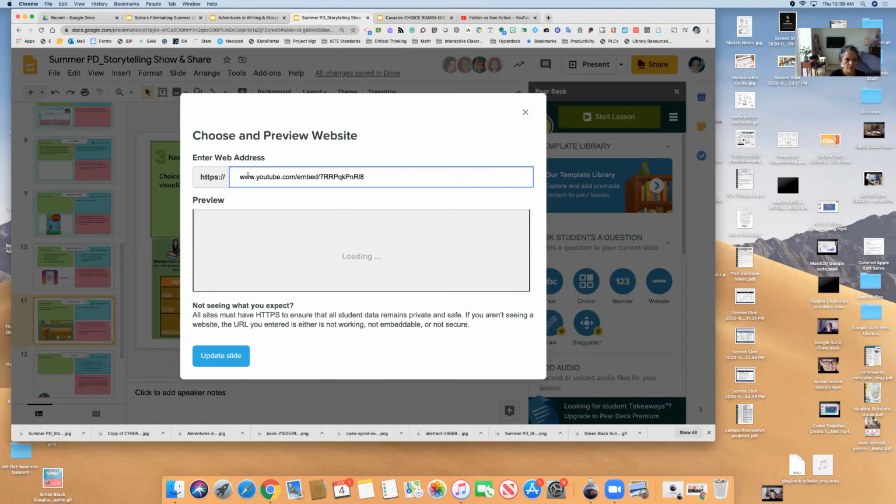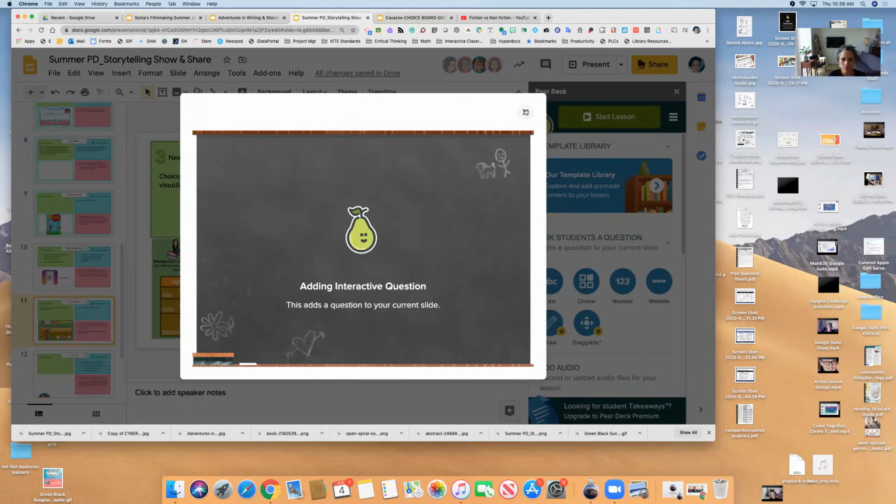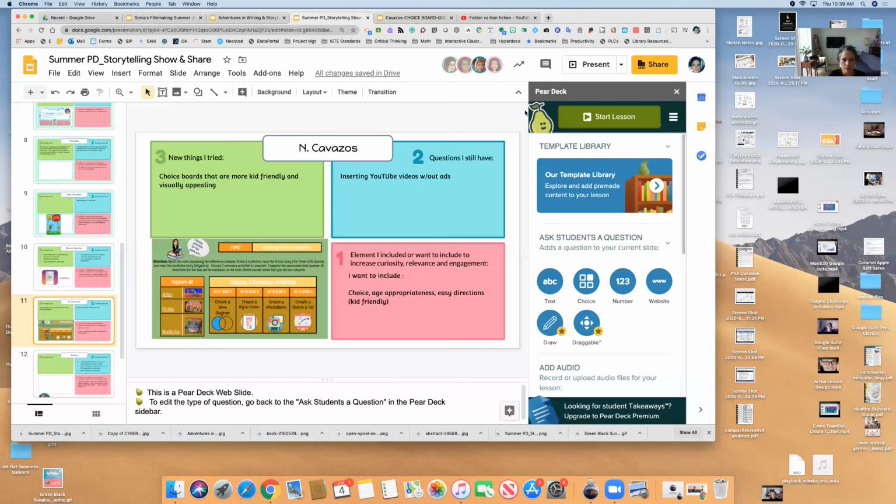Don't ask me why that's the way it works, I guess because of that embed right there. So update the slide. All right, so now when you see that, it should have the video just embedded without the ads. Okay.